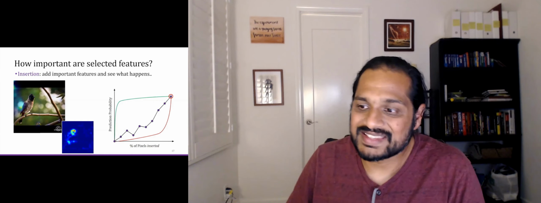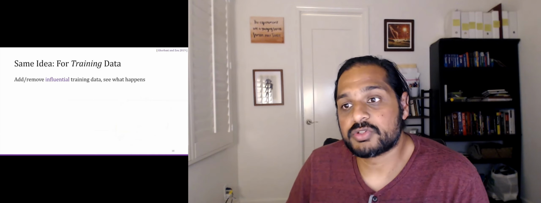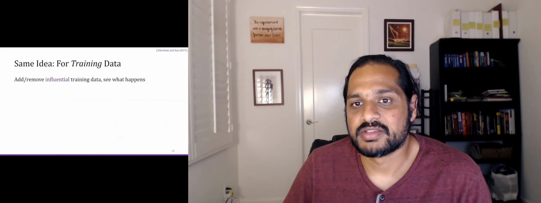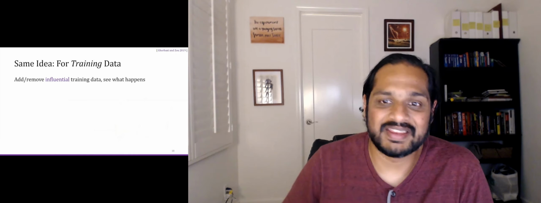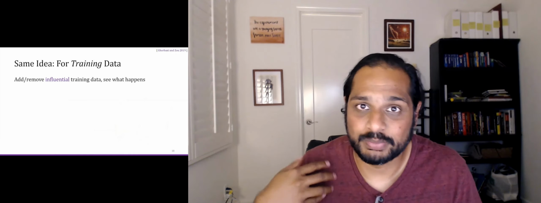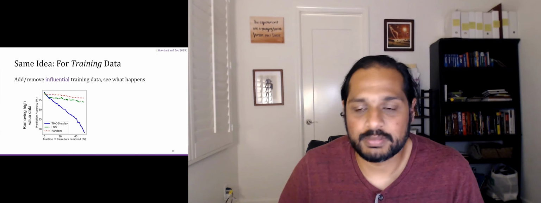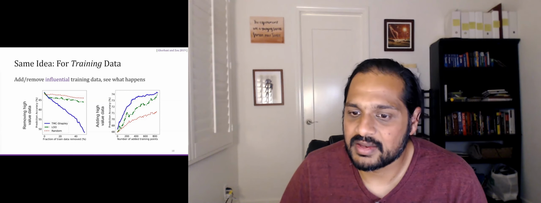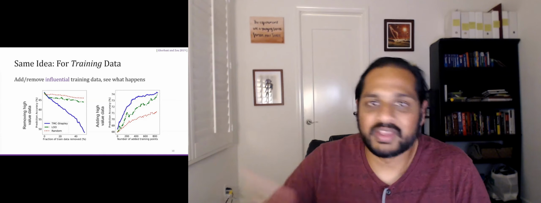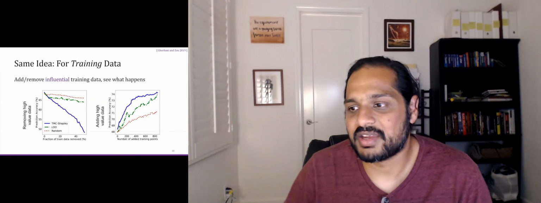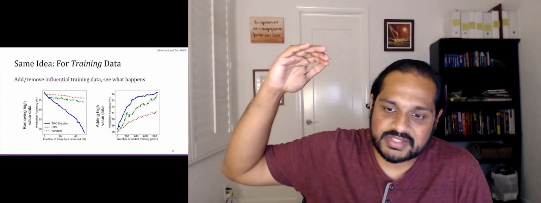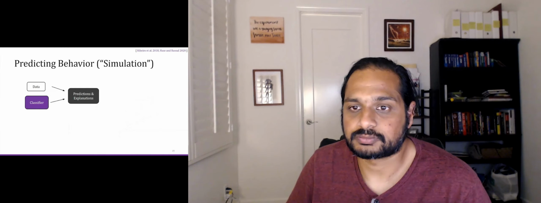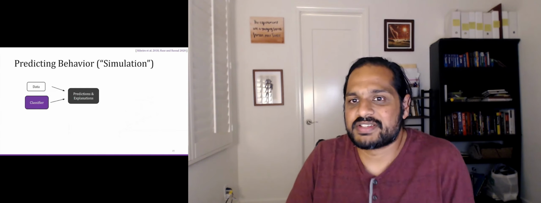So apart from just instances and features, people have also used this to evaluate prototype explanation methods, right? The idea is you can do the same thing on the training data. You can add or remove the most influential points according to your explanation and see what happens to the model, right? Here's an example evaluation from a paper in 2019 that was doing exactly that. You're removing data on the left image and you're adding training data on the right image, and you're seeing how fast your curve is falling or rising, and the blue is better than the others in this case. Okay, so that was the first way of understanding behavior.